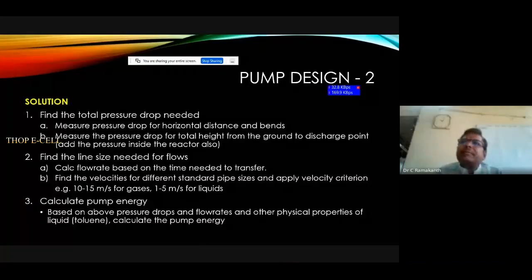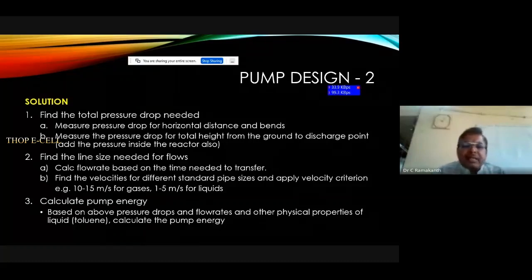And then the pump will become inefficient. Okay, so when we are deciding on the diameter of the pipeline, then we have to calculate Q. We know the flow rate, right? Flow rate is 3000 liters per hour. 1500 liters in 30 minutes translates to 3000 liters per hour, or less than 1 liter per second. 3600 liters per hour is 1 liter per second, so it will be slightly lesser than that.